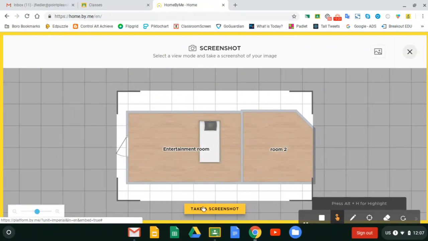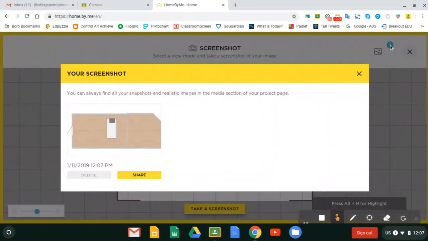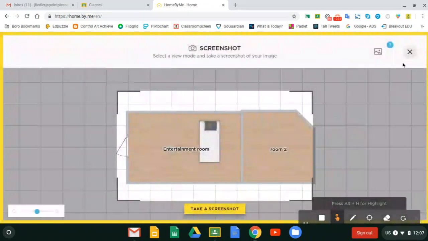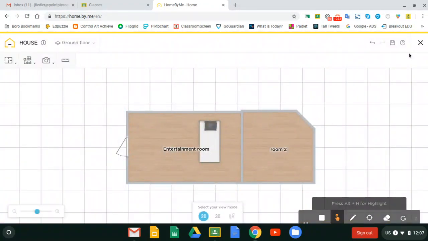Screenshots are saved in the program. And it says 1. This is where you can go see your screenshots. And it's saved. I'm going to close out of that. I'm going to get out of the screenshot mode. And this is basically how you're going to add and build your home or your classroom. You can do things on the outside, right? Pick floor plans, rooms,